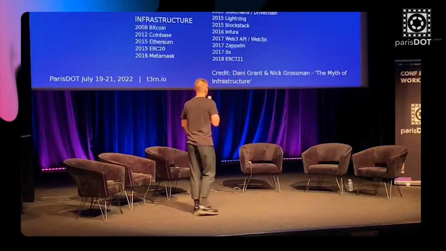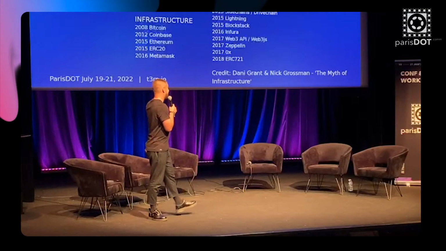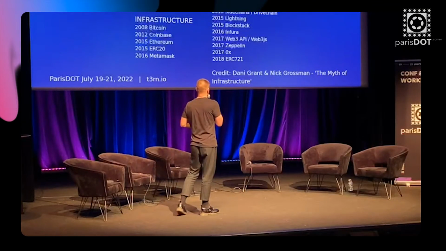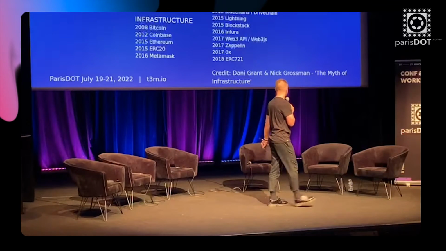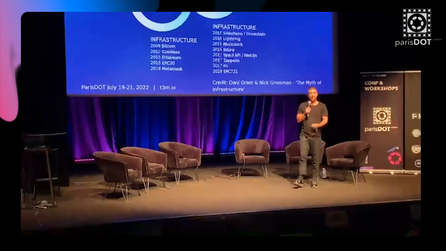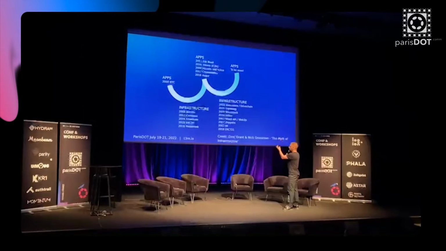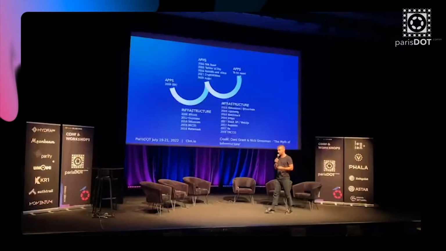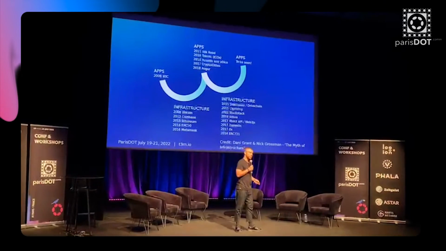Bear in mind this article was written in 2018, so it's a bit dated. You see that something like CryptoKitties really pushed the adoption of ERC 721, and created things like OpenSea and so on. So that killer app needed to be there for that next level of infrastructure to start being built. And so the question is, how do you think about and enable this infrastructure to be built?